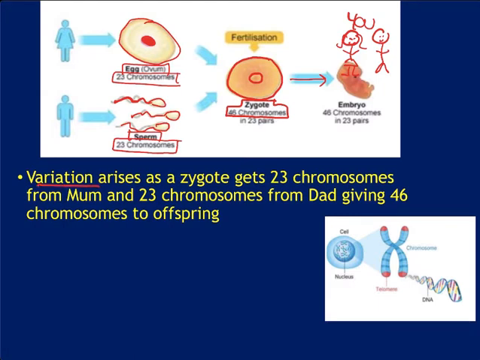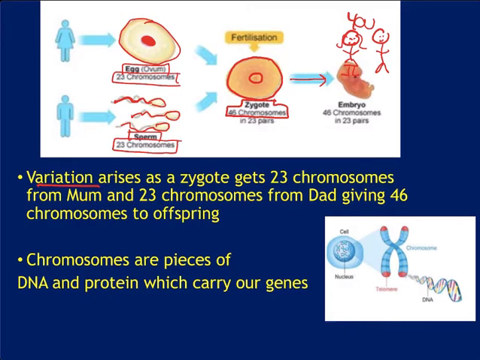Okay, and the next thing that we just have to know if we're talking about chromosomes, well, they are pieces of DNA. So this is your genetic information is stored in your DNA. It stands for deoxyribonucleic acid, but everyone just calls it DNA. And on these chromosomes are our genes. So a really simple diagram is, this is our cell with our nucleus. And from our nucleus, you can actually see them underneath